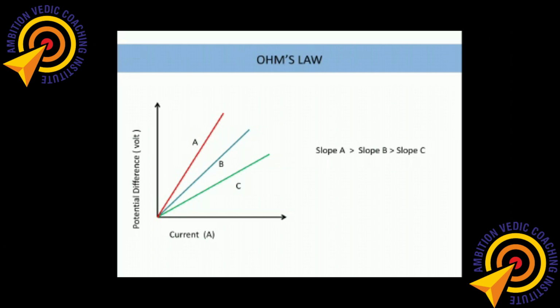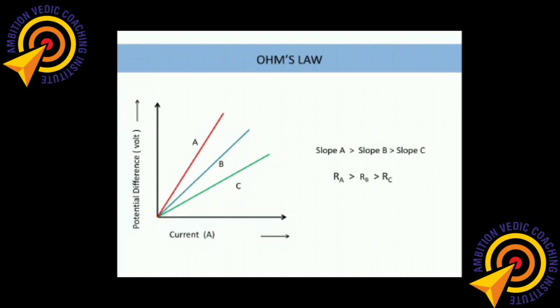Now, what we saw previously is the slope of the graph or straight line plotted between potential difference. I mentioned voltage earlier, but it is better to write potential difference. So for a potential difference versus current graph, the slope always tells us the resistance. Simply by looking at the three wires, we can say that the slope of C is smaller. That means the resistance of this wire is smaller compared to A. A has the highest inclination here, so A also has the highest resistance.